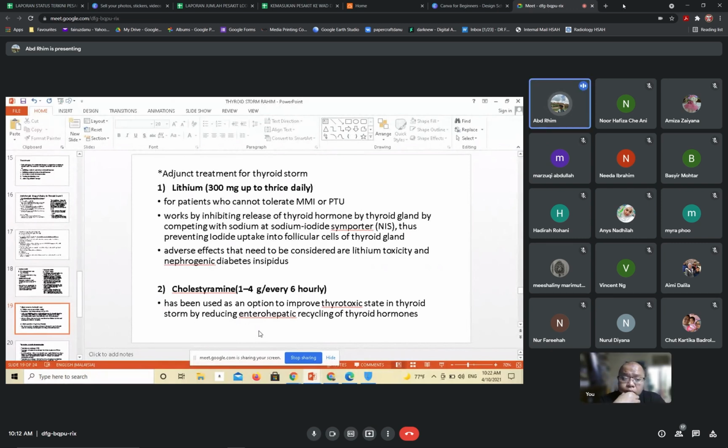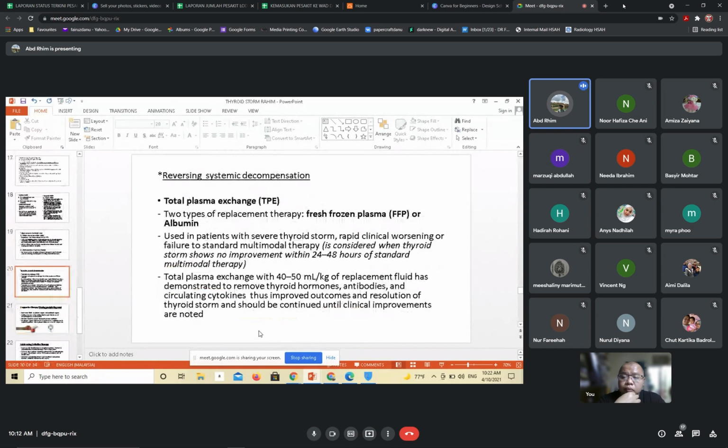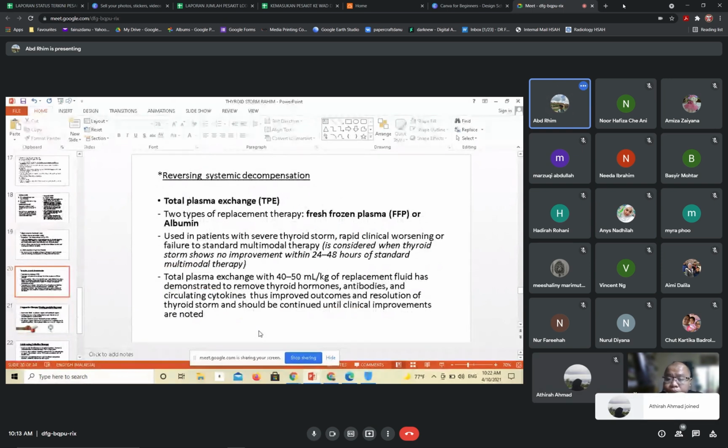So for reversing systemic decompensation, we can administer total plasma exchange. There are two types of replacement therapy, which is through fresh frozen plasma, FFP, or albumin. It is used in patients with severe thyroid storm, rapid clinical worsening or failure of standard multimodal therapy. And it is considered when thyroid storm shows no improvement within 24 to 48 hours of standard